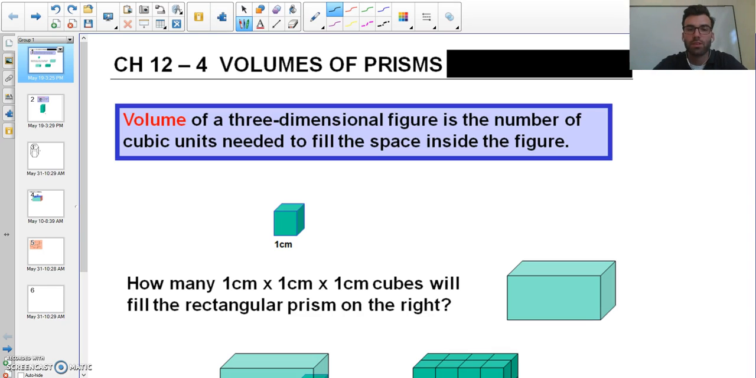All right, so last week we talked about surface area of 3D shapes. This week we're going to talk about volumes of these shapes. For today we're going to start off with our prism. The volume of three-dimensional figures is the number of cubic units needed to fill the space inside that